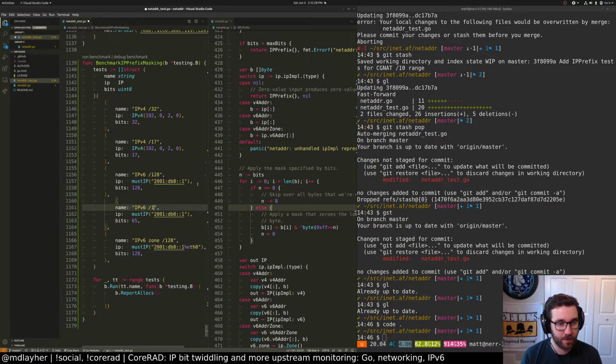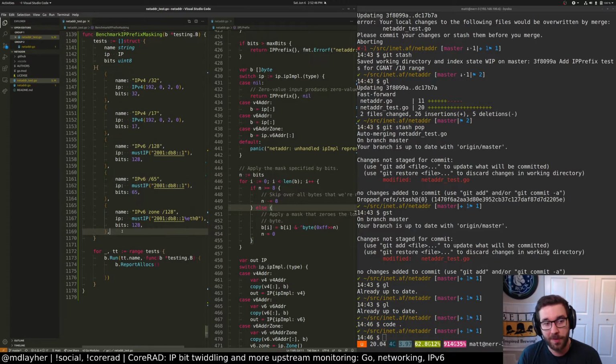/65. Oh, this is gonna... Actually, it's fine. It's totally fine. We're not actually looking at the output here. We're going to discard it. We are just going to do the masking operation. I don't write benchmarks very often. It's kind of strange, actually, because I haven't done any protocol parsing libraries in a while, which is where it really matters. But in this particular case, it does matter, so we do want to bench it.